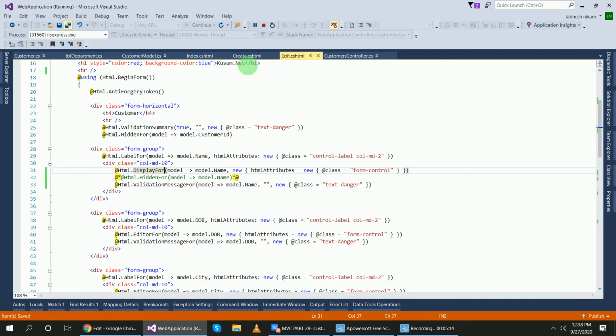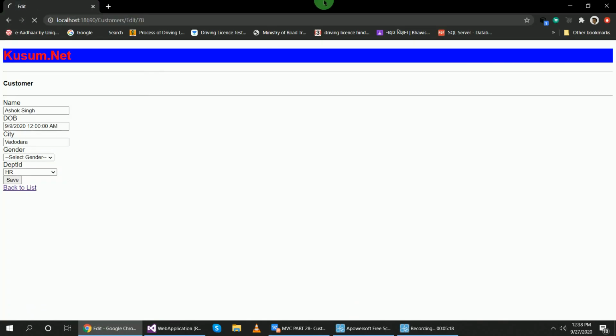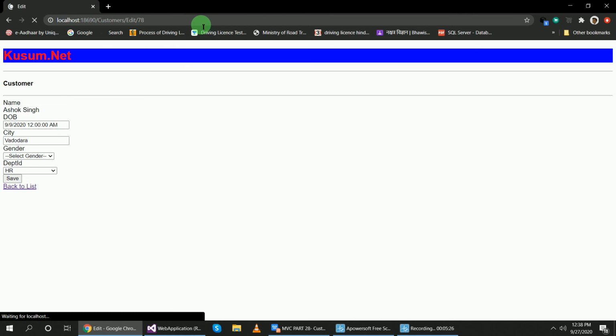In place of the text box there will now be a label. You can see here that the name property has Ashok Singh, and there is no text box, so one cannot change this name.